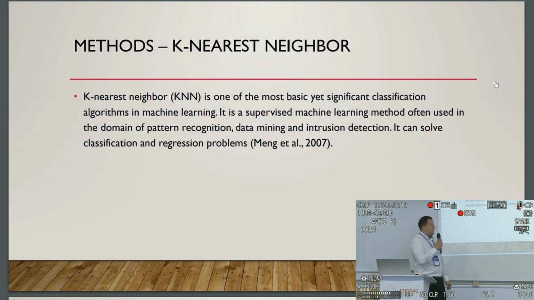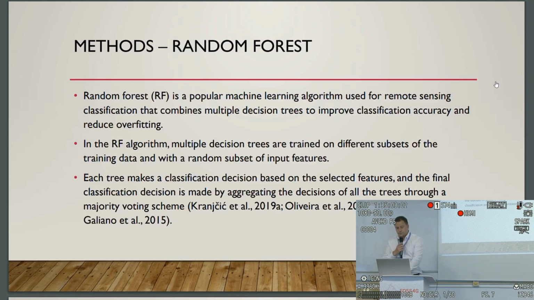Nearest neighbor, also basic but significant, maybe more for processing textual data, but it is often used more in pattern recognition, data mining, and intrusion detection. Random forest is also one of the most used, and it is a combination of multiple decision trees, where the algorithm is trained on multiple decision trees with randomness added into the variables,